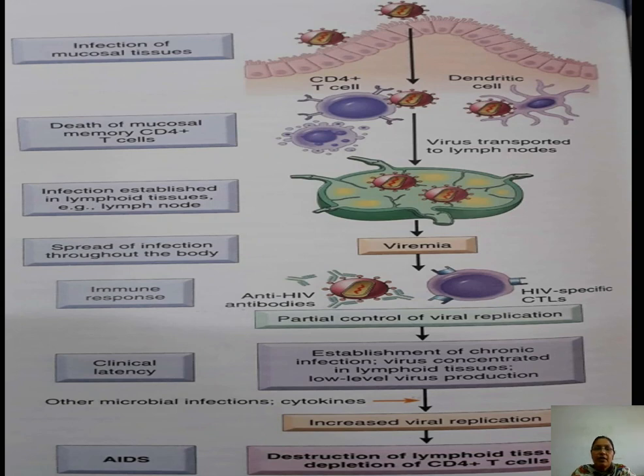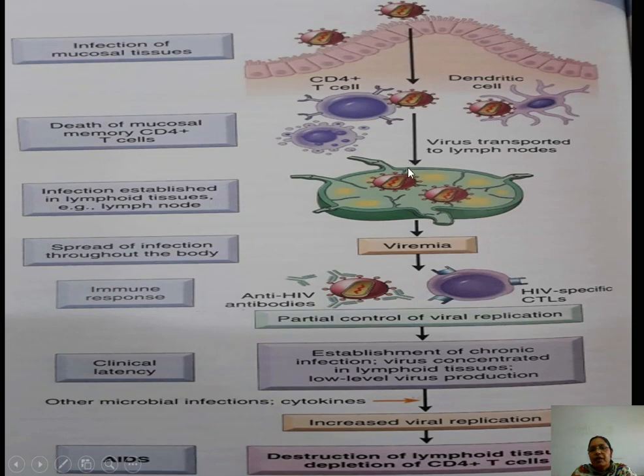First of all, there is infection, HIV virions here. This is the epithelium. The epithelium tries to restrict the entry of HIV virions, but as soon as they enter, they are grabbed by the dendritic cells and CD4 cells. The dendritic cells, with the help of MHC antigen, grab it and go into the lymph node and present it to the different CD4 and CD8 T cells. CD4 cells which directly grab it will also go into the lymph node.